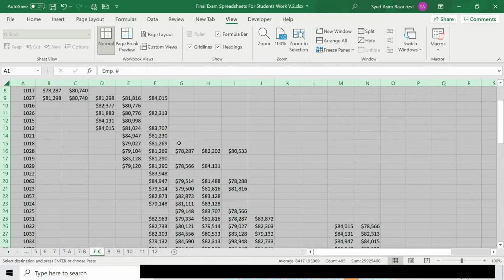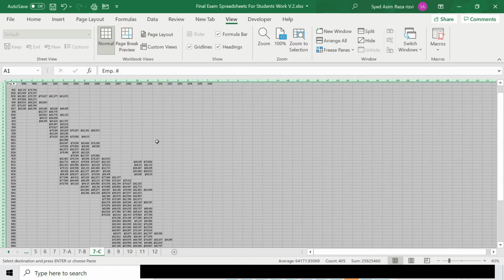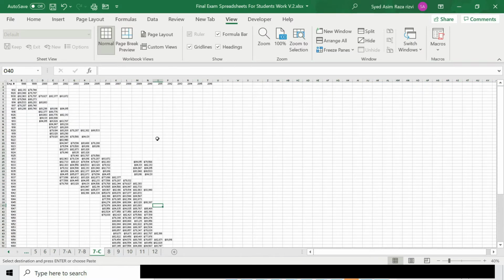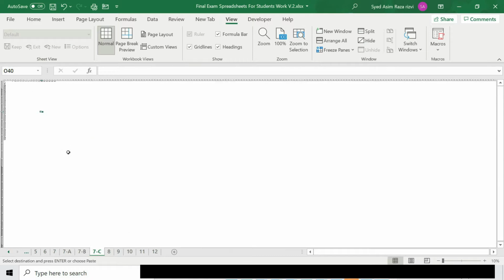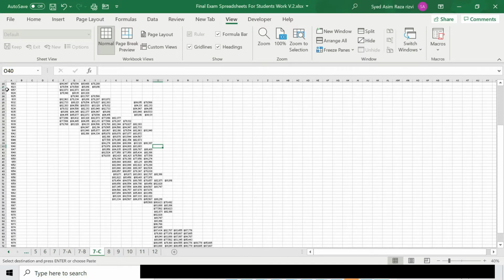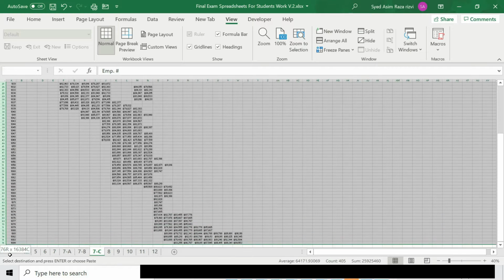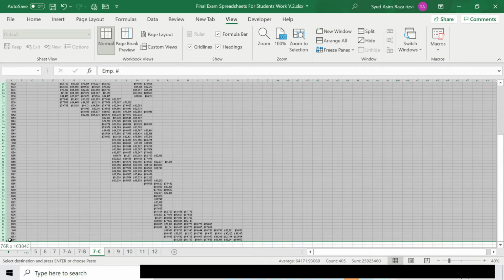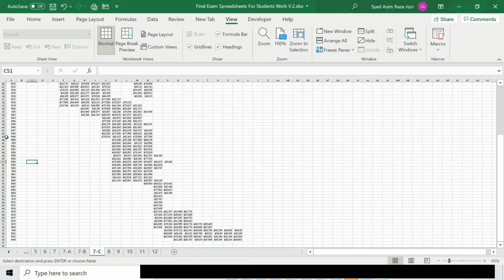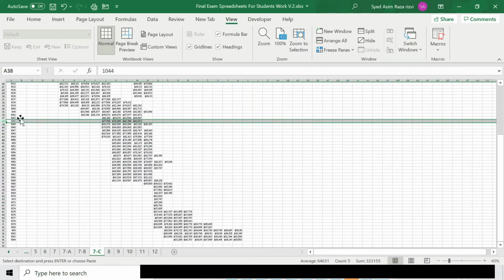So right now you can see the whole screen and the whole data is moving up and down. We can just divide it almost partially. For example, how many rows are there? There are 76. So we will divide it from here, 38. Just click here and then split from